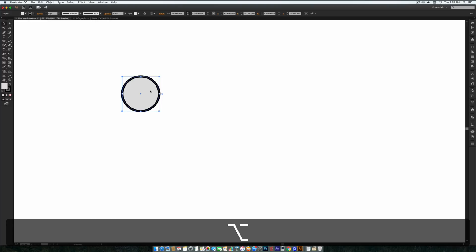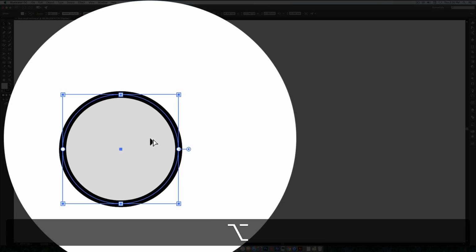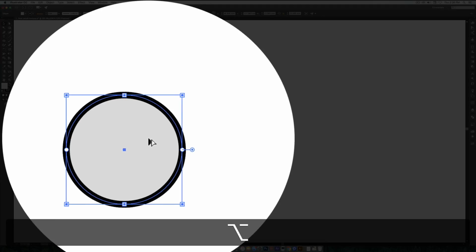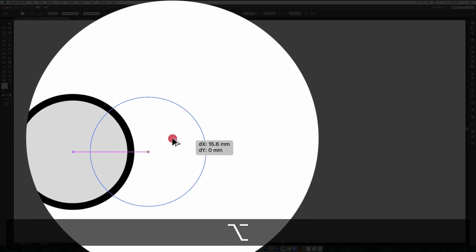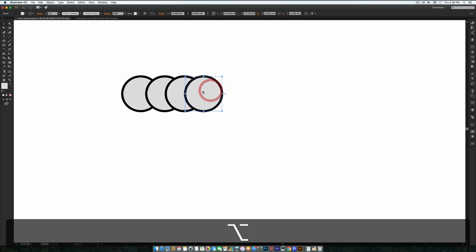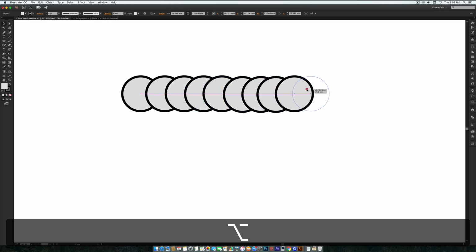We see that the mouse pointer changes, so there is a little wee ghost sitting behind it, and that's giving us a visual feedback to tell us we're about to copy something. If I now click and drag, I get another copy,